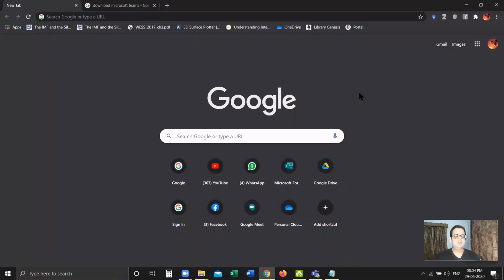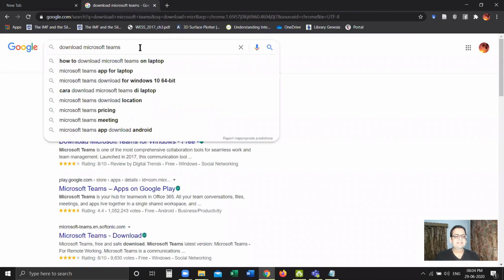So let's start. Here I am on Google Chrome because students who will be using their accounts for the first time may not have the desktop application installed on their systems. Alternatively, they can go to Google and just search for download Microsoft Teams.